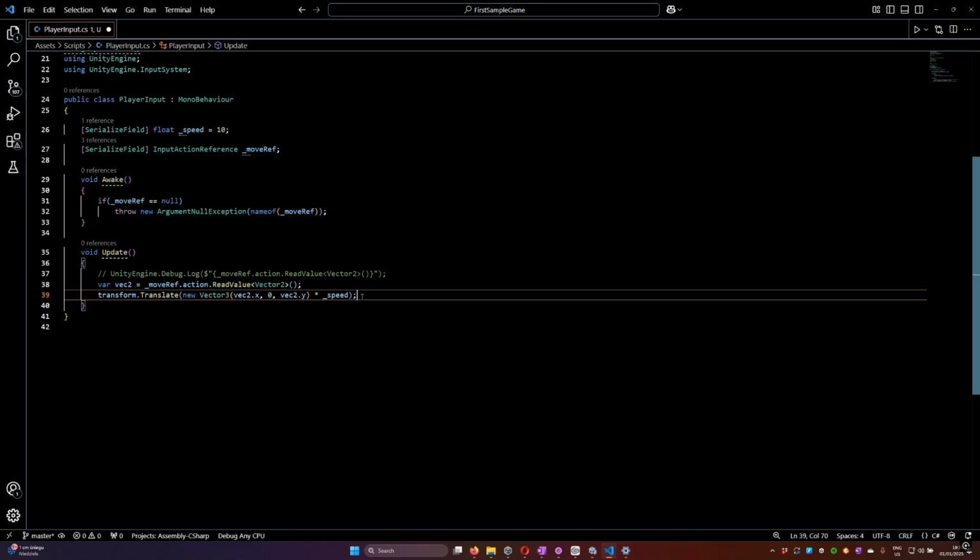From previous line we get input in type of Vector2, cause it has 2 axes, horizontal and vertical, but transform position has 3 axes, horizontal, vertical and forward. Since we don't want to change vertical position of player, we don't use input value for that axis, so we just translate it by 0.